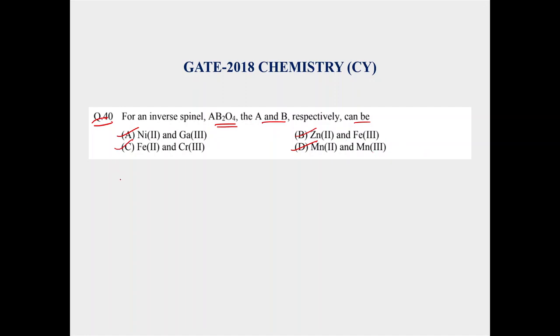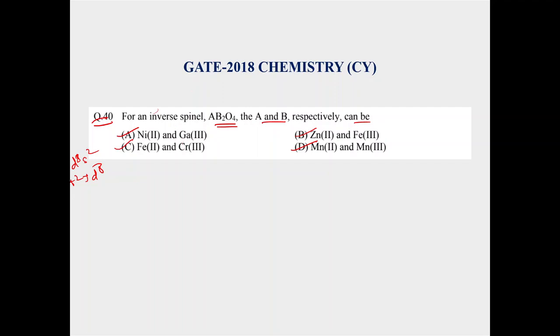So nickel 2 plus is how many electron system? D8, right? So it is a D8S2 system, but as it is given in +2 oxidation state, so nickel, here we will write nickel 2 plus. First we are talking about this. So this is a D8 system. D8 system means, okay, so first about this normal, inverse and